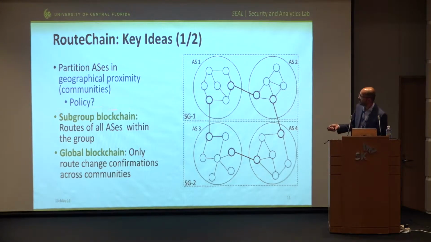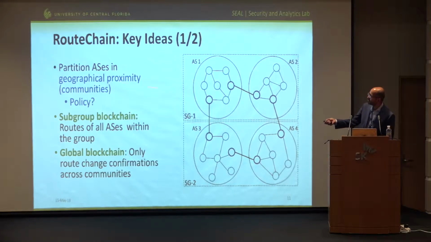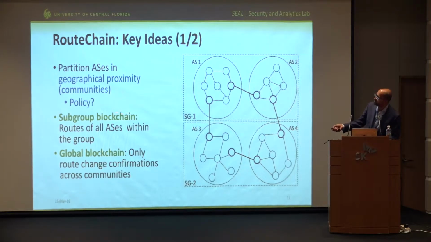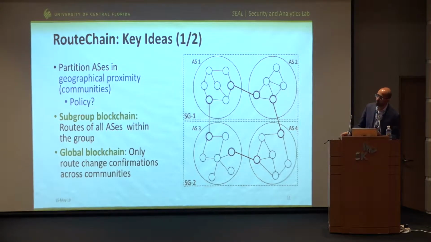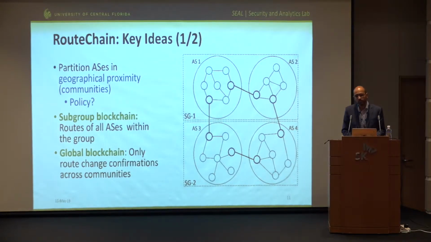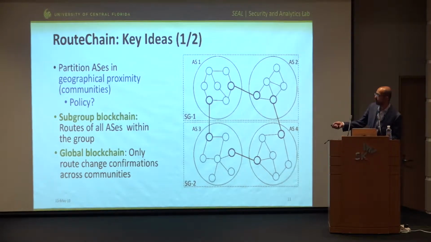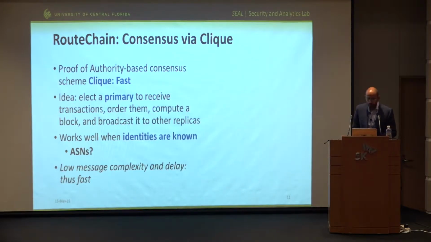Now, something to note actually is that we here use geographical proximity for latency optimization. But if you are to optimize for trust or for the underlying policies being used in the BGP system, then you might as well consider policies. Moving forward, we actually get rid of the expensive